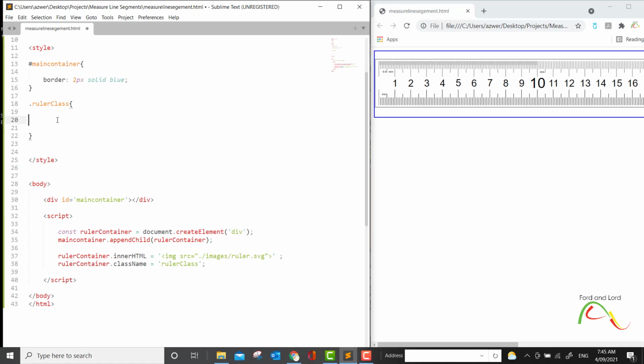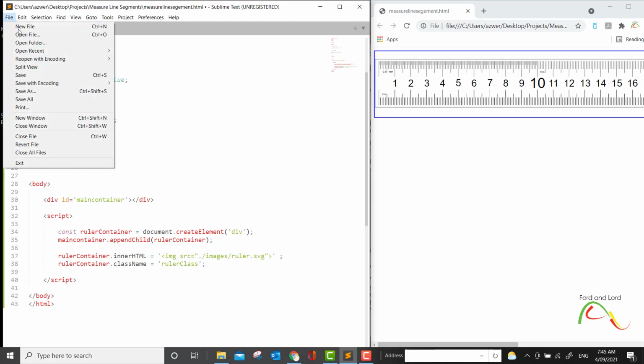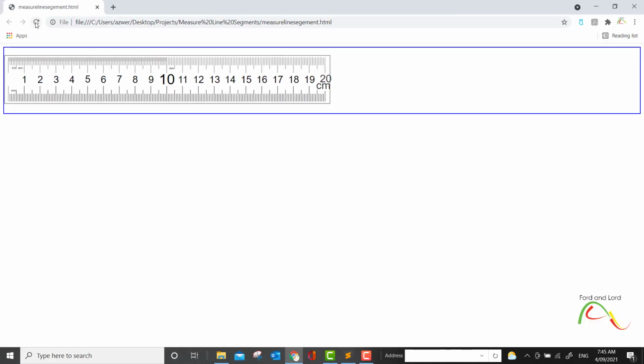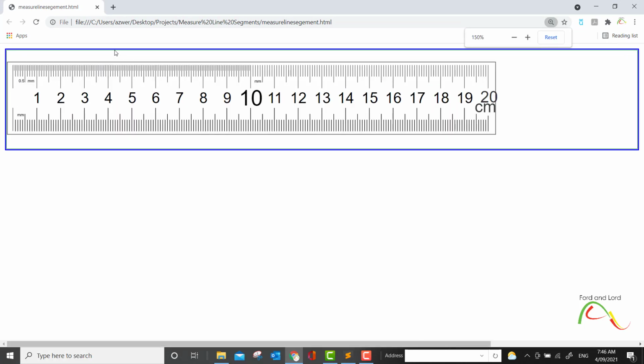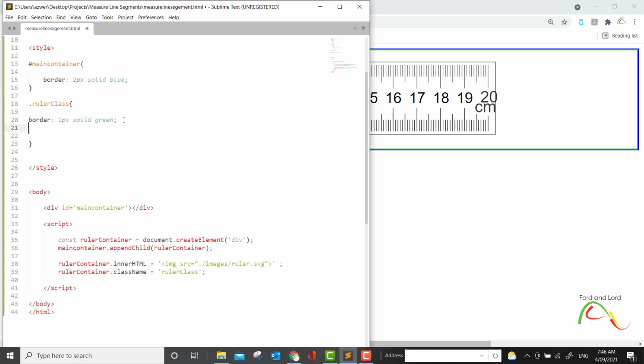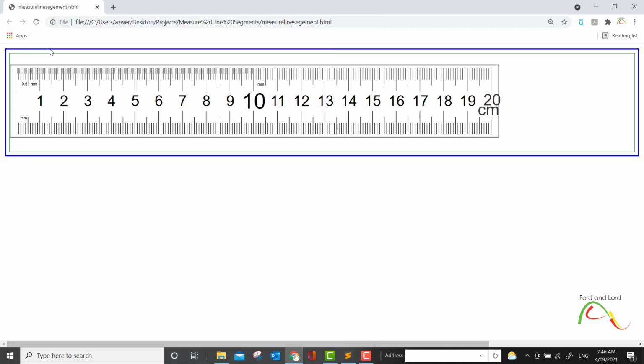So I will say border 1 pixel solid green. So if I save it, maximize this, refresh it, you can see that there is a box. And let me make it a bit more clear. I will say margin 5 pixels. So if I save it and I refresh it, we have a blue container which is the main container,